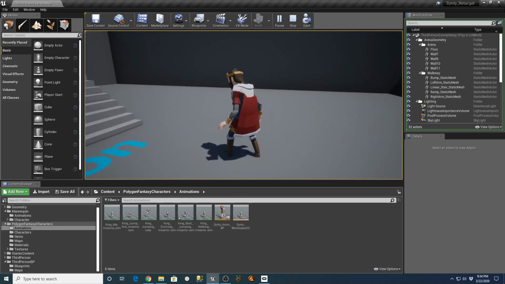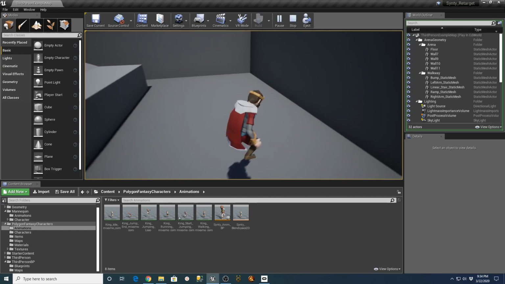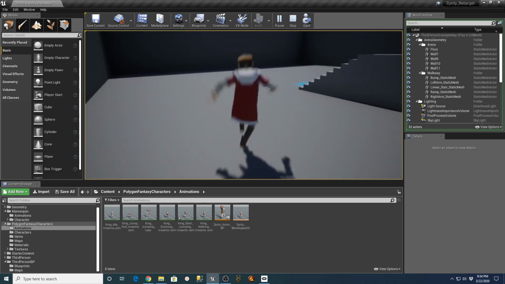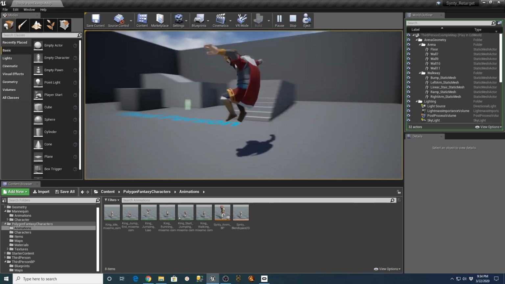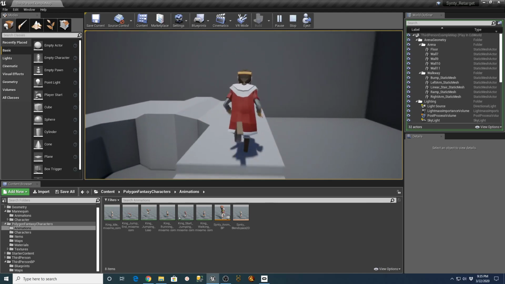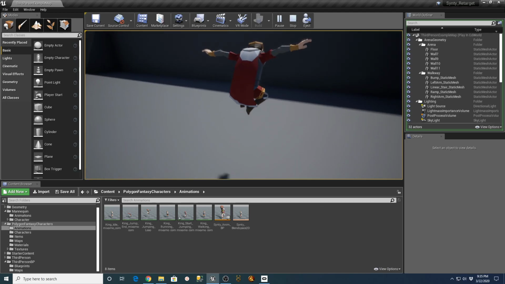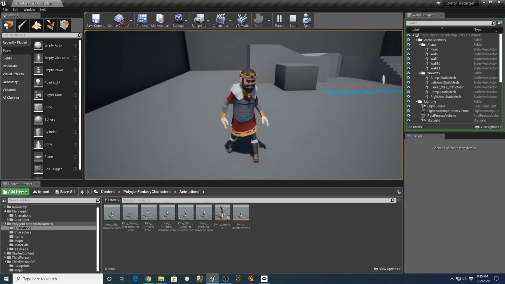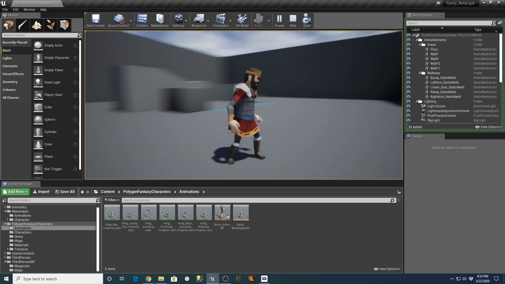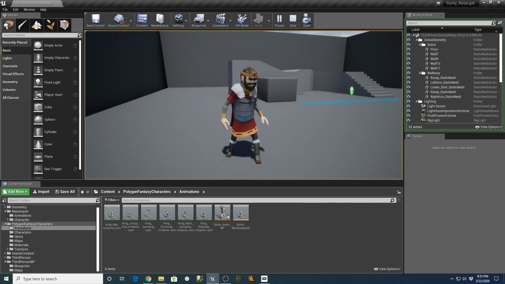Oh, yeah, it's much worse. I don't know, guys. The general concept's there, though. I mean, as far as creating the blueprints and all that stuff, it's really just a matter of getting these animations ticked away.